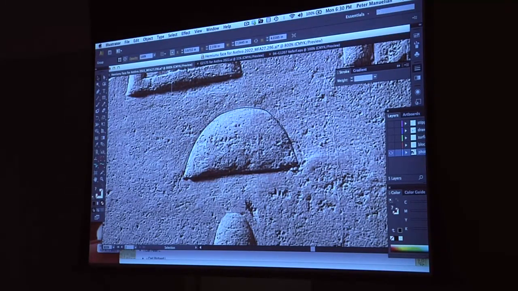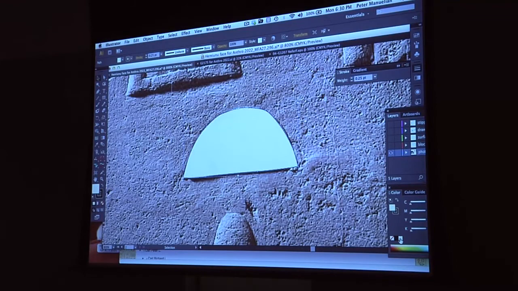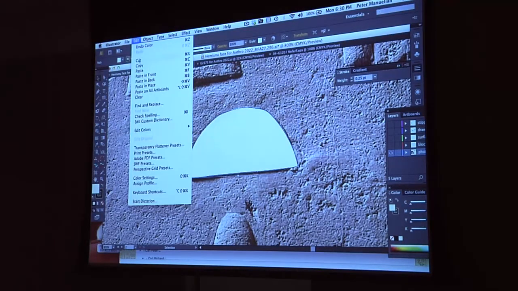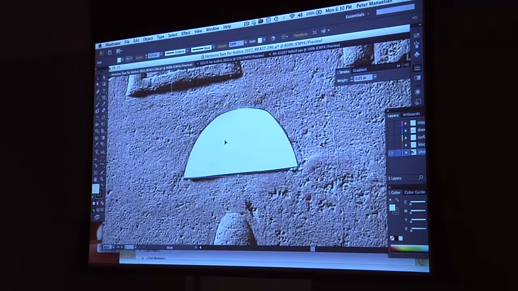I can then highlight it and do my relief issue. So it's filled with nothing right now. I'm going to fill it with white, and then I might do a copy and a paste in place, and I'll just move that down a little. You can do that as an exact distance once you get lots of hieroglyphs. And I'll fill that second one with black,